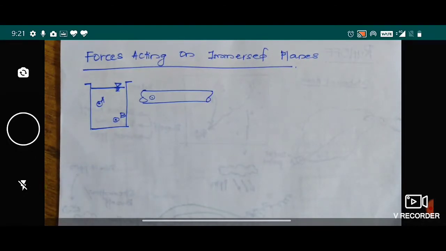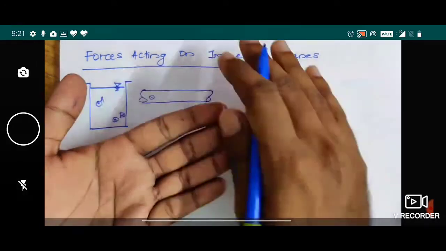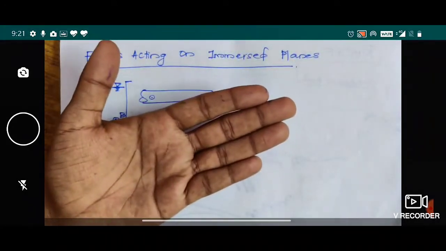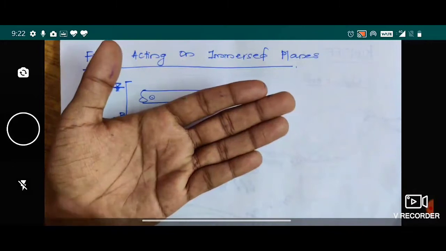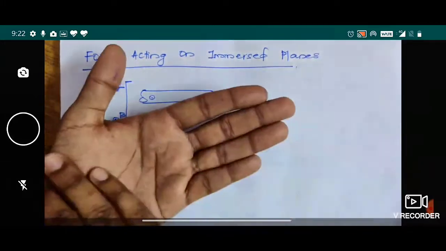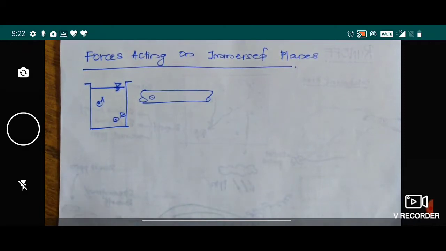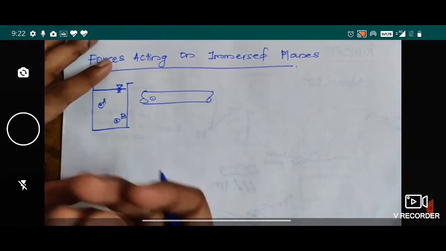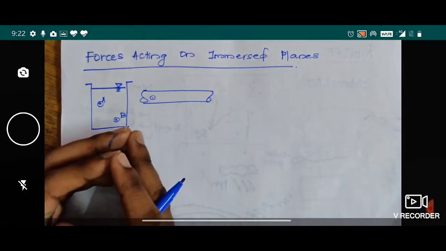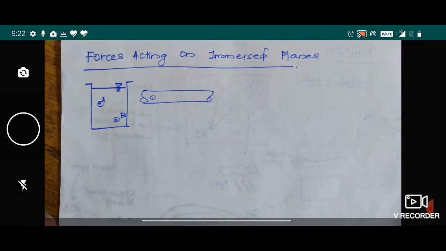Now we need to understand that we are taking a plane surface. Plane surface means a plane like a sheet of paper or a piece of plywood. All are planes, quite plain, two-dimensional things. If you immerse that inside water or liquid, what will be the pressure acting on it? How to find the pressure force? The pressure is just the intensity of force, isn't it? When it is acting on an area, it causes a force.